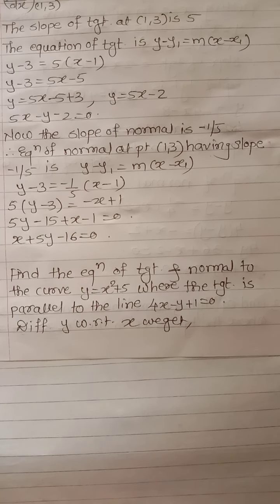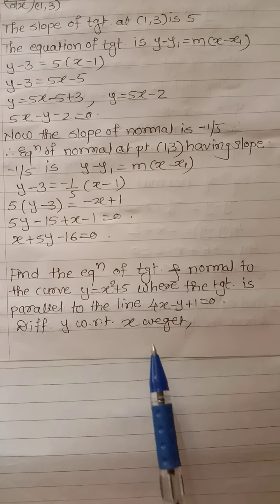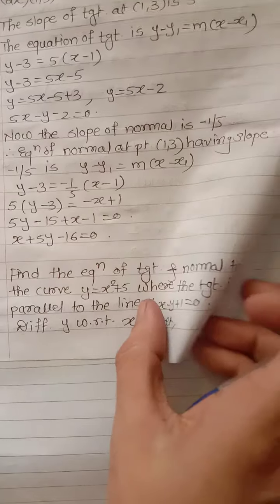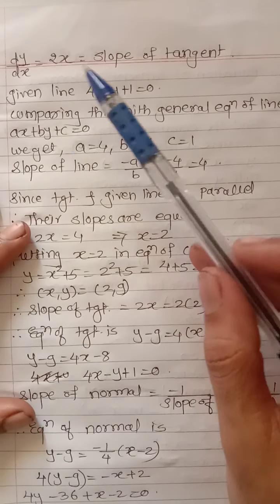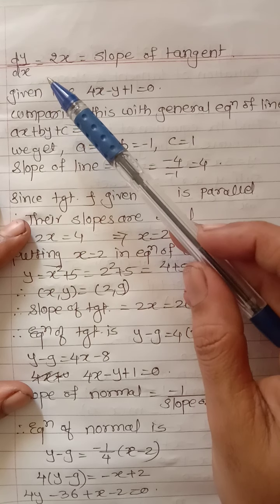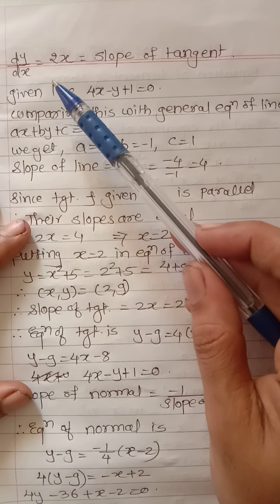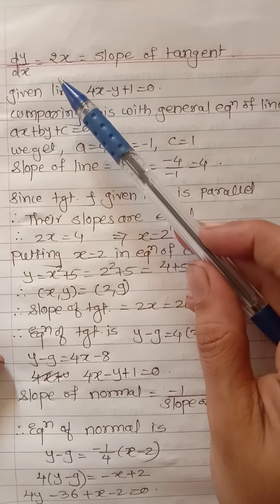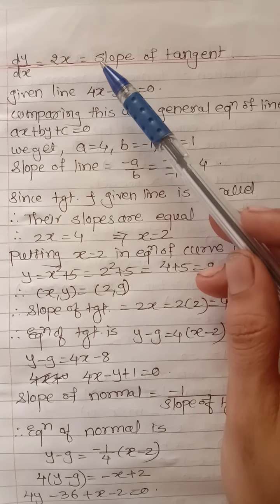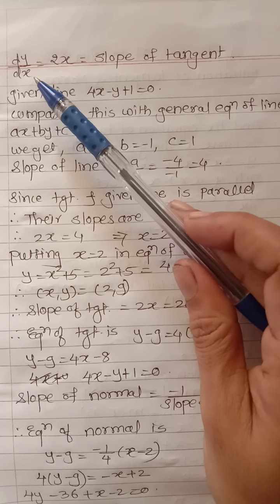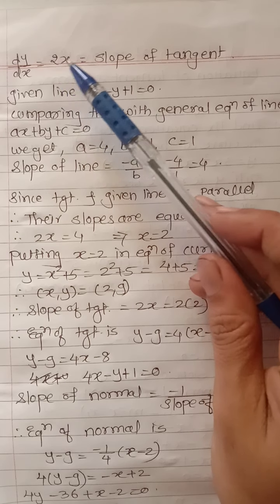Okay. So when the equation of a curve is given, you have to differentiate this curve with respect to x. So our first step is what? Again, differentiating y with respect to x. After differentiation, you get dy by dx equal to, our equation is what? x square plus 5. So the derivative of x square is what? 2x, and the derivative of 5 is 0, so 2x. And this is your slope of tangent, correct? dy by dx at that point, but the point is not given here. So this 2x is your slope of tangent.